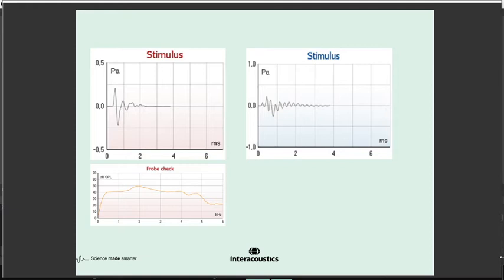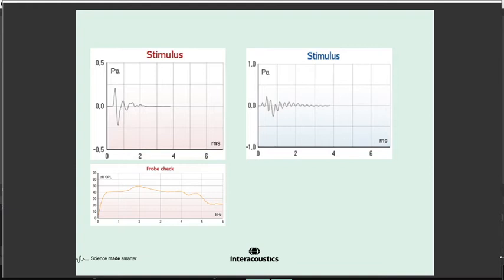Now, that has two problems. The first is it's not delivering energy at all frequencies in a nice, even way. And the second problem is that the stimulus lasts too long. We're trying to measure an OAE response that starts at around 2 milliseconds. And if the stimulus rings for too long, then it's going to potentially contaminate that response. And so it's really important to keep it as short as possible to make the job of the DSP that